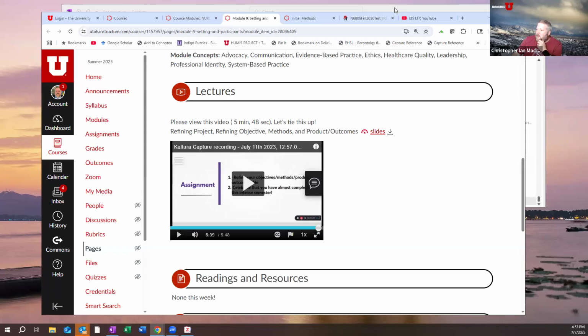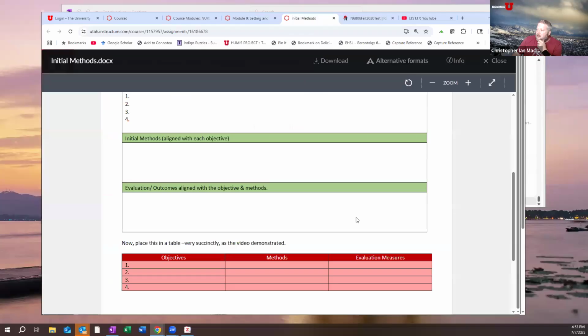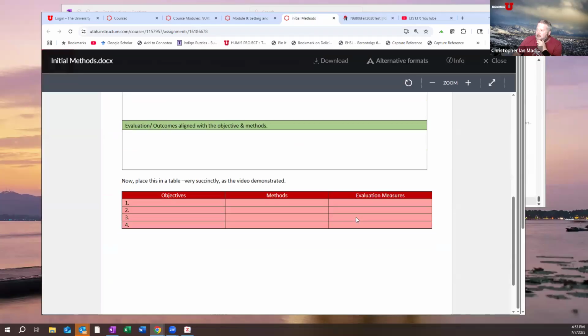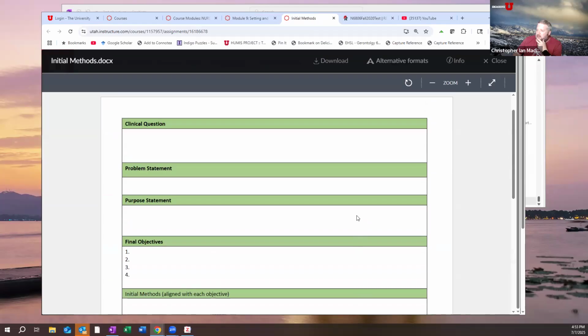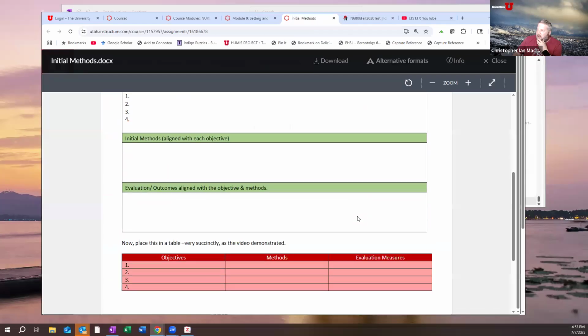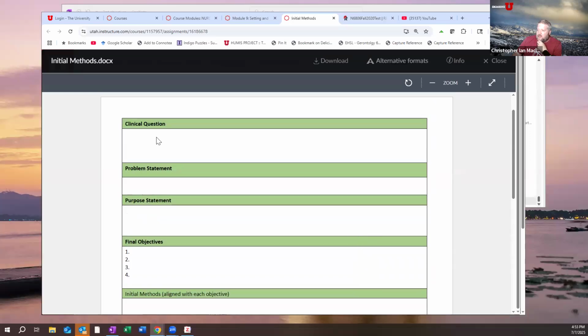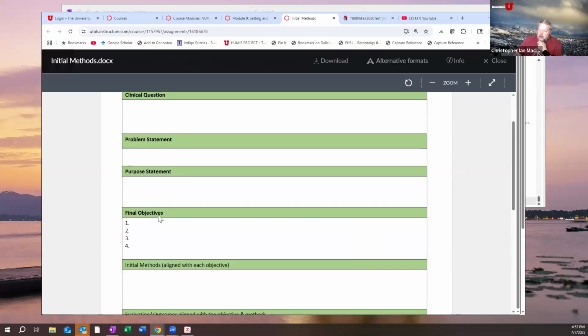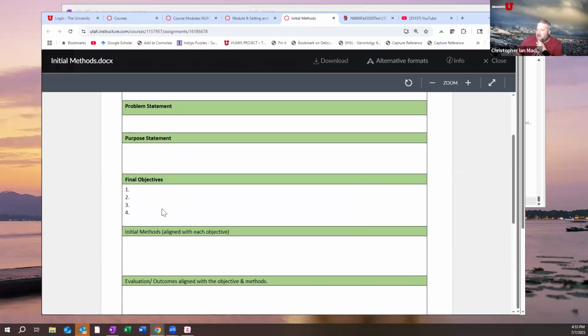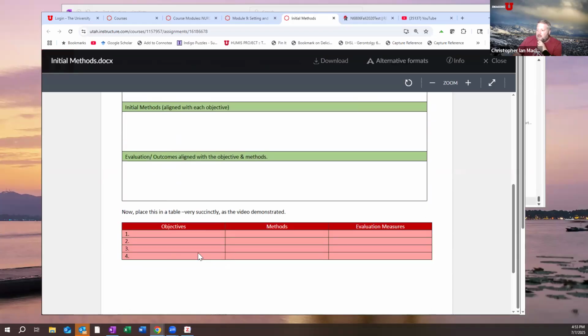But when I went and looked at the template for the assignment, I was a little confused by something, and I wanted to just talk with you guys about it and maybe change the way they did this table here. So all this first stuff, clinical question, problem statement, purpose statement, objectives, makes sense. And I think what I would do is, once you list those out, work on the table,